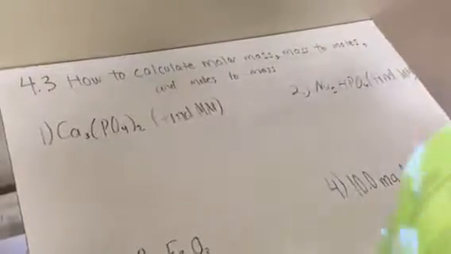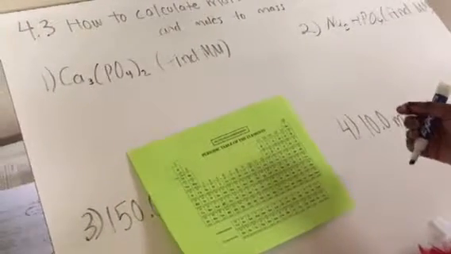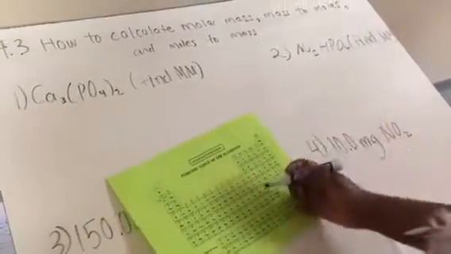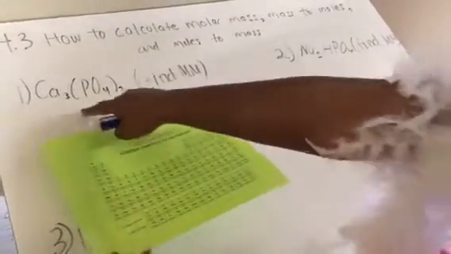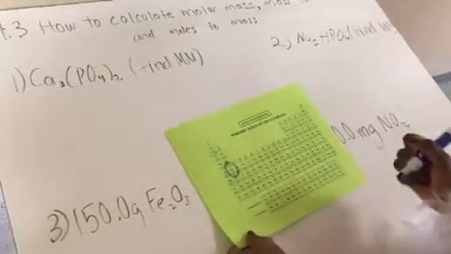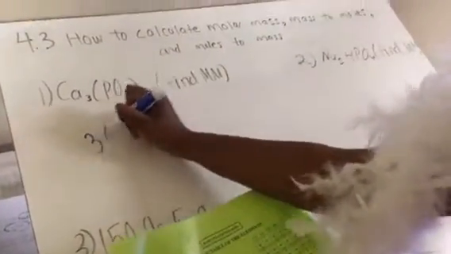To calculate molar mass, you look at your periodic table, and for each element you want to pinpoint what the atomic mass is on the periodic table. So for example, for our first problem, we have calcium. We want to find the calcium atomic mass, and we can see it's 40.08. Since there's 3 calciums, we're going to do 3 times